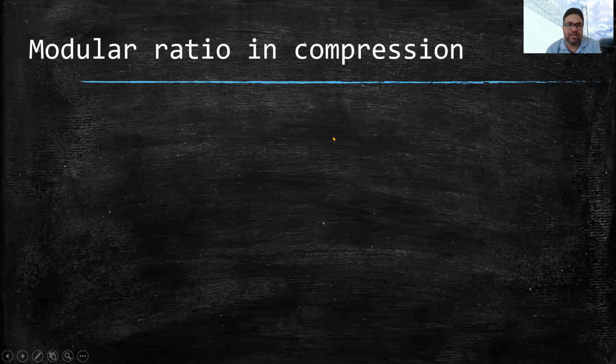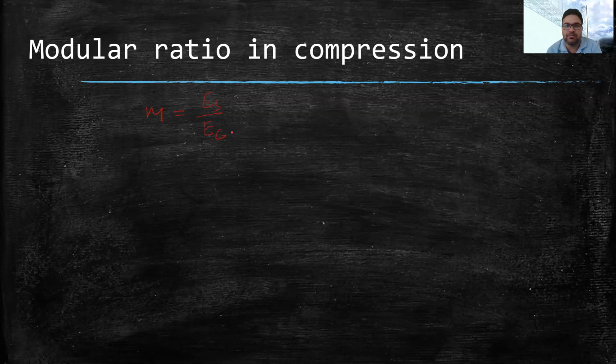Hello, welcome back. So in this part, we are going to discuss the modular ratio in compression. Basically, I have already discussed modular ratio in the context of singly reinforced beam. Earlier, I discussed that modular ratio is the ratio of ES by EC. ES is the Young's modulus of elasticity of the steel, and EC is the Young's modulus of elasticity of the